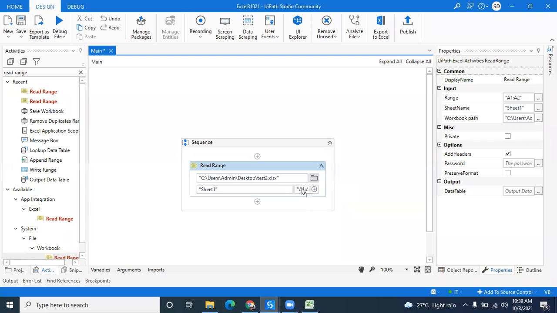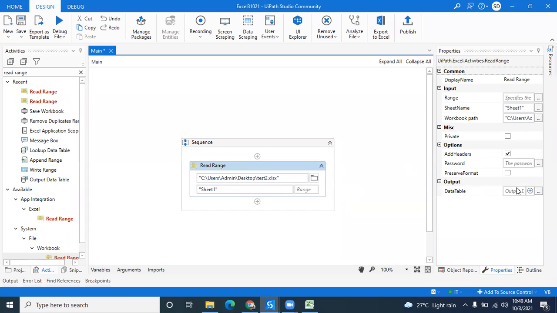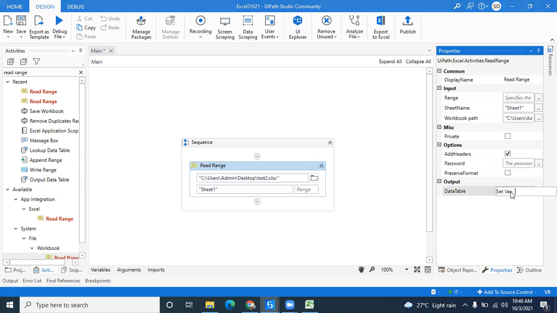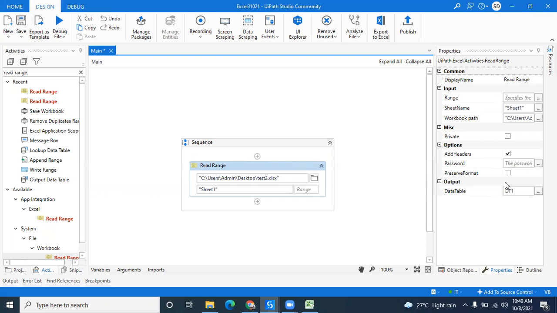Since I want to read the whole Excel file, the range should be blank, and I create the output variable as a DT, that is a data table, DT1. So I am reading my Excel file and storing it in the data table DT1.